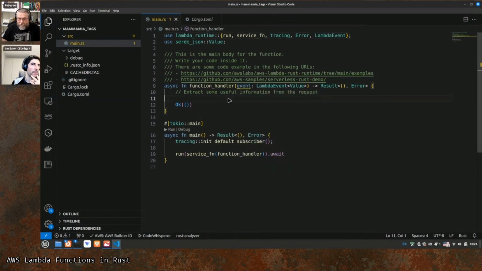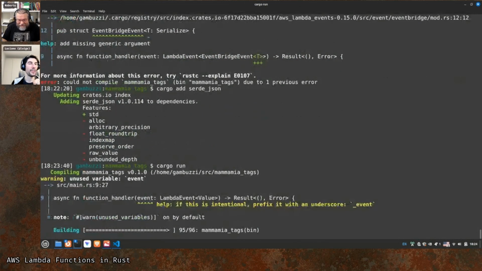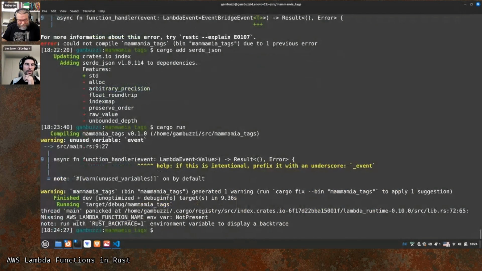Now, how do we run it locally? That's probably the first question. Cargo run? Nope. So there are two commands. The first one is cargo lambda, so cargo space lambda. You always need to use cargo space lambda as the entry point for the Cargo Lambda toolkit. And you can split your terminal. The first command is cargo lambda watch,